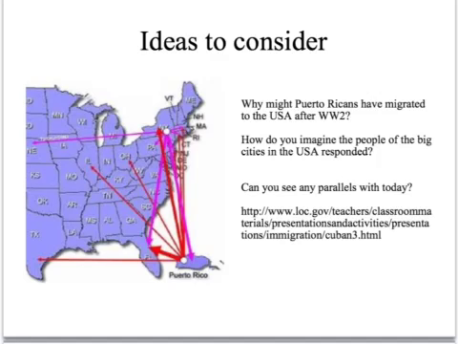I'd like you just to think again before you move on. Why might it be that the Puerto Ricans moved to the USA after World War II in the first place? How do you think the people living in the big cities of the USA, particularly perhaps those of lower economic classes who themselves might be unemployed, responded to this influx of immigration? And before you move on, think again as to whether you can see any parallels to today